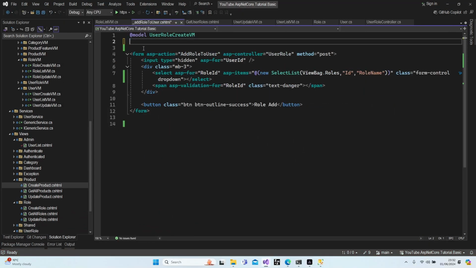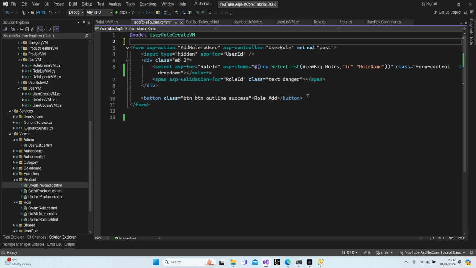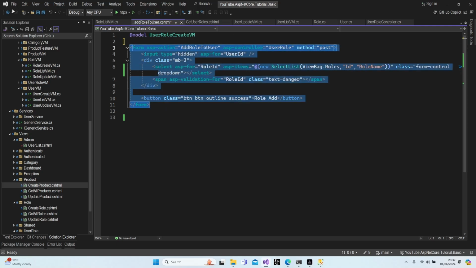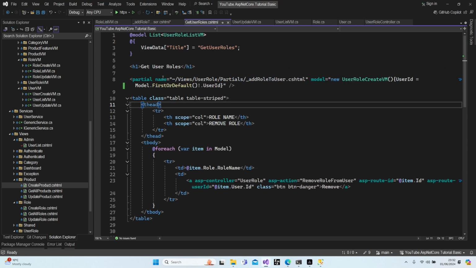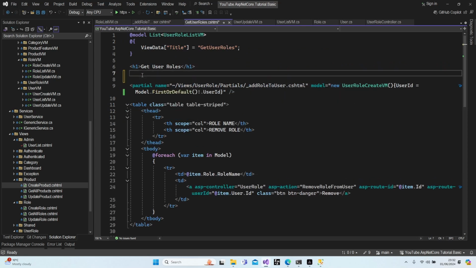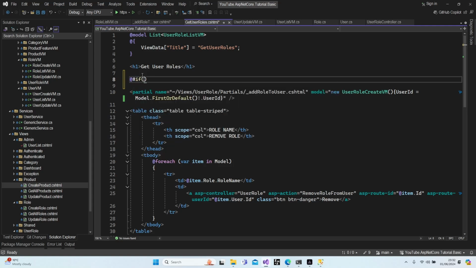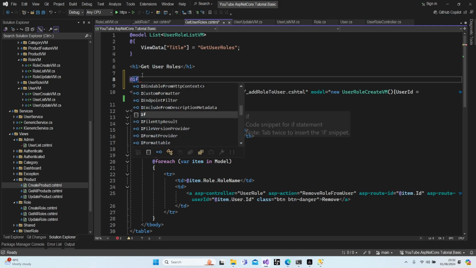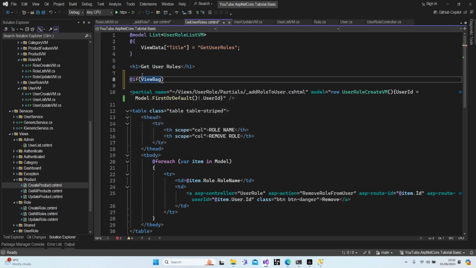Let's delete this section. Okay. You can add an if else, if the VBAC roles is empty, you don't want to show this section. Let's get back to our role CSS_HTML. We can add a logic here. Add if VBAC dot roles equal